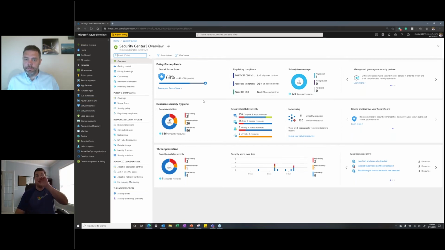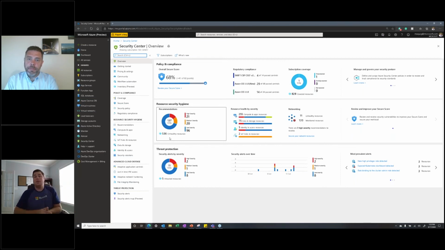So yours may not look like this. Hopefully it looks a little bit better, but nonetheless, we'll walk through a couple things here. So Azure Security Center, from the top down, helps you simplify your security management for your cloud infrastructure. It's continuously assessing the security state of all cloud resources, whether it's a VM, a subnet, or a specific application.